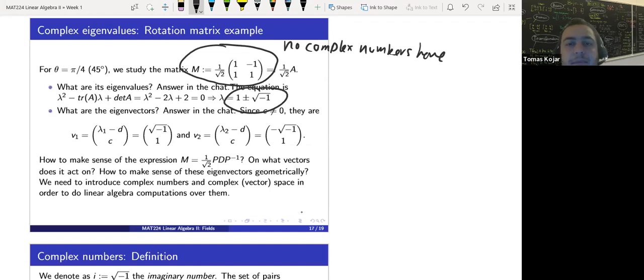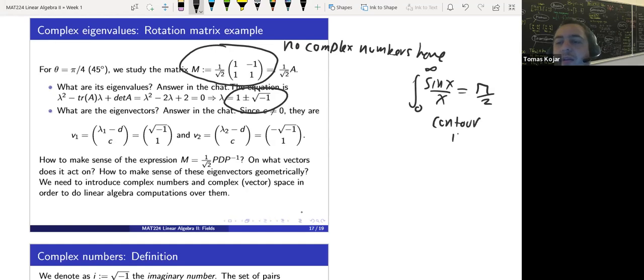Complex numbers showed up. So that means that to solve real problems, we need to come up with complex numbers. If you've done a bit of calculus, you might have seen real integrals like the integral of sin x over x, and to find that this value was, I think, pi over 2, you need to use complex methods. So that's a recurring theme: in real problems, it's very helpful to use complex methods. Here they use contour integration.